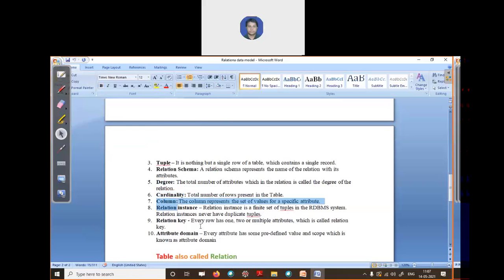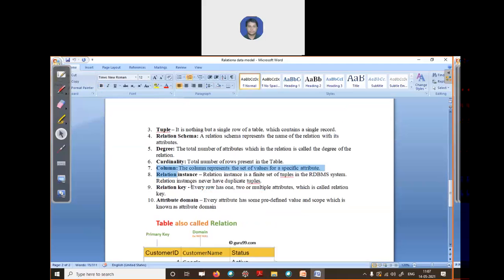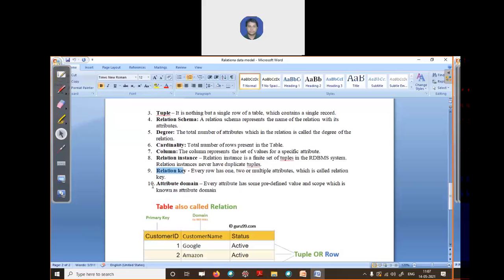Column, sorry, attribute, represents a specific value for a particular entity. Relation instance is one state of your relation, meaning the records available in that relation at a particular time. Relation key is the attribute or set of attributes which uniquely identifies each record in that relation.